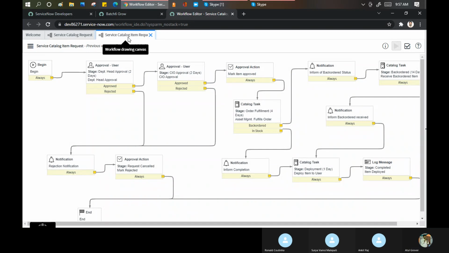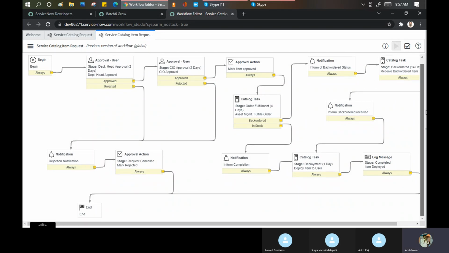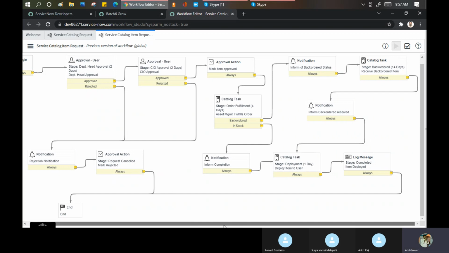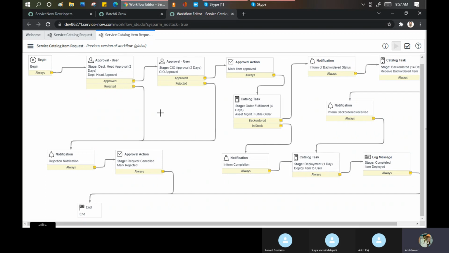Somewhere. Now you can see how big this workflow is. Very big. Now I'll not go into this big part. Otherwise, everybody will get confused because this is a very complicated one.